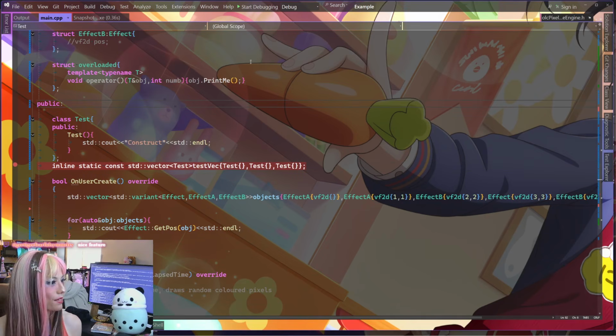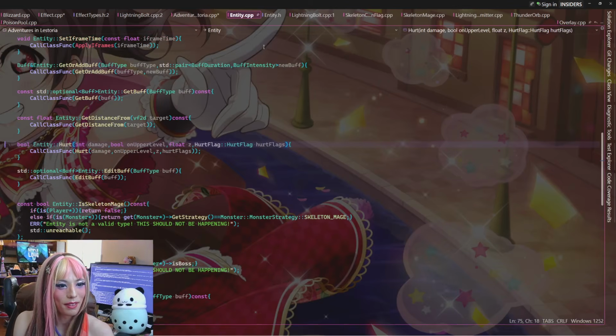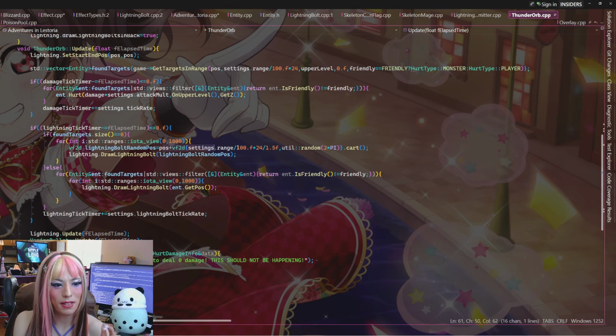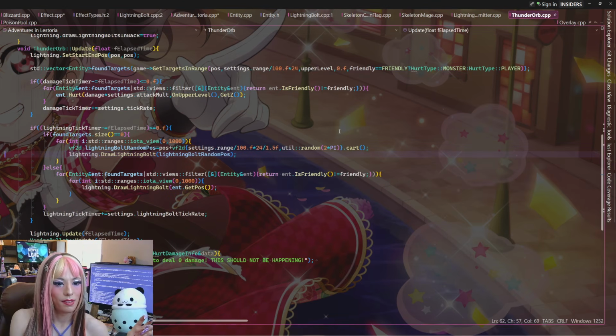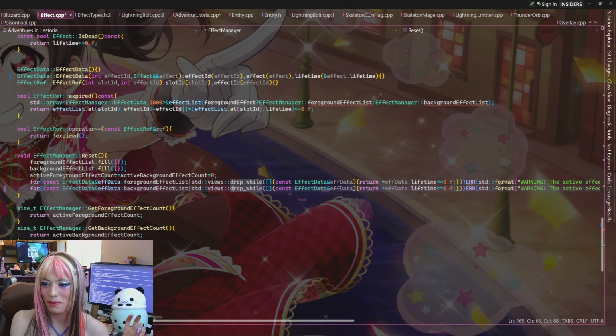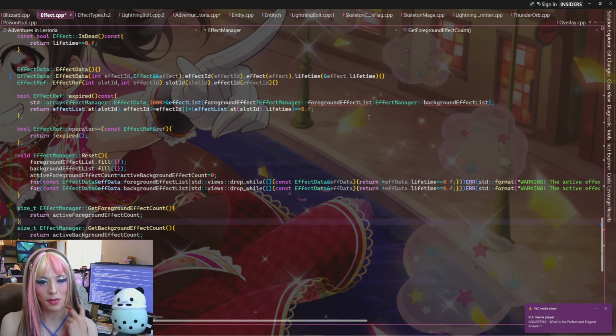Yeah, it's just good to see this. When I was testing this, I'm like, oh god, every time this thunder orb was emitting these, it was doing thousands of allocations. I'm like, Jesus. It was bad. It was really bad. Okay, so I just wanted to implement these counts so that we can, excuse me,